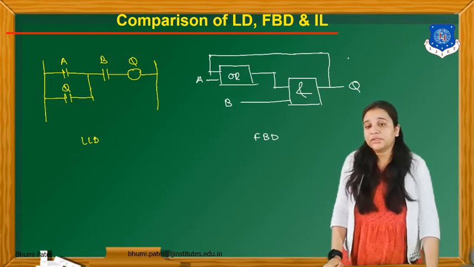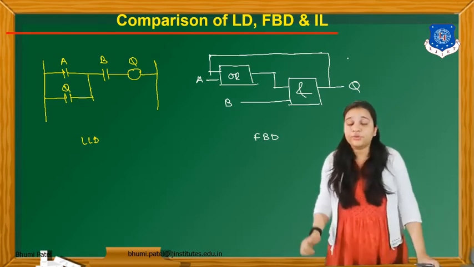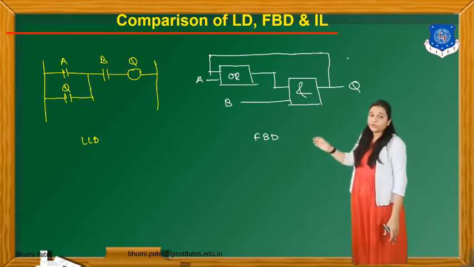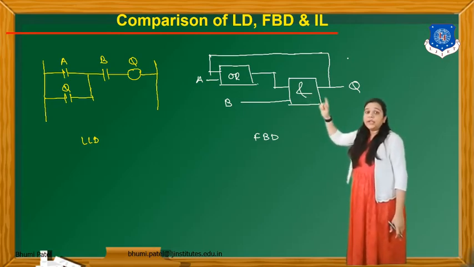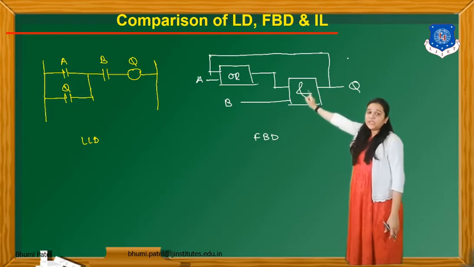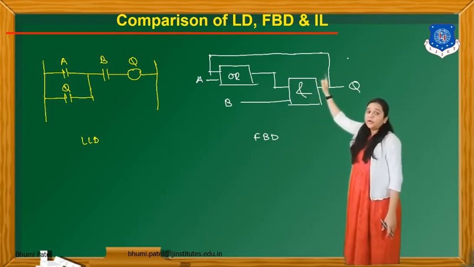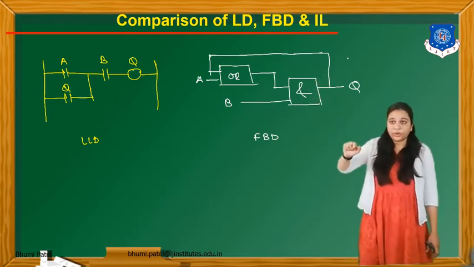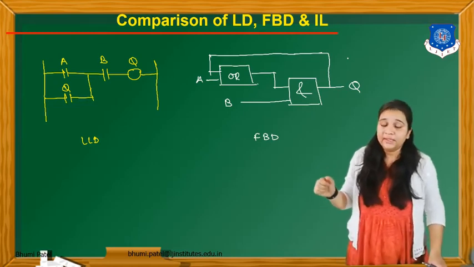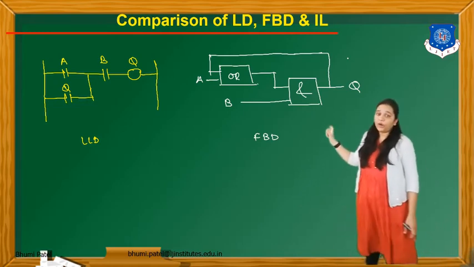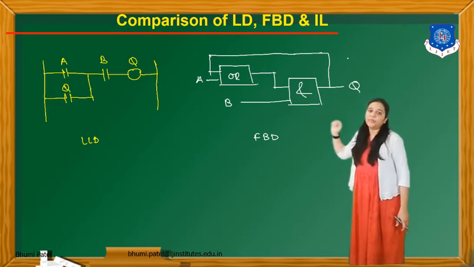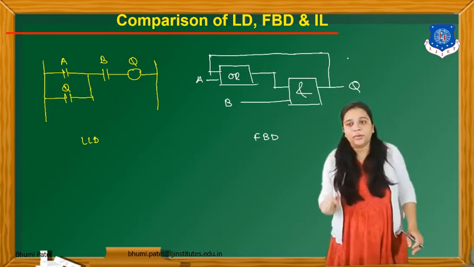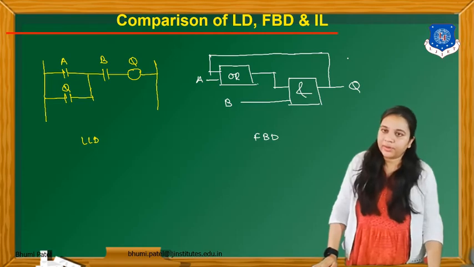Now in the function block diagram we have to use function blocks. So first of all we have to use an OR block. We have to OR A and Q. So here one input is given A and another will be from output to input. Whatever answer is there, then we have to apply the AND block with A and Q output and the main input, and then the main output is Q. Okay.